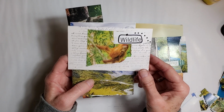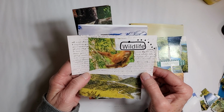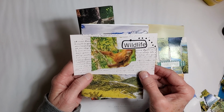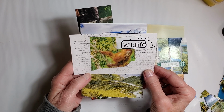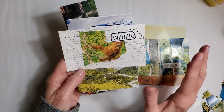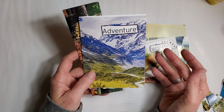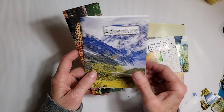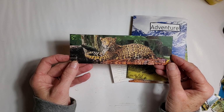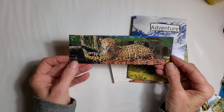You can have a wild life, even if you are not able to leave your house, even if you're not able to get on an airplane, even if you're not able to get on a helicopter or a cruise ship, or you just don't want to do those things because you're our age, you can still have a wild life. Experience different things, watch something different on TV, have a laugh, have a big adventure. And remember, you are mighty, just like the lionesses. You are strong, you are wonderful, you are